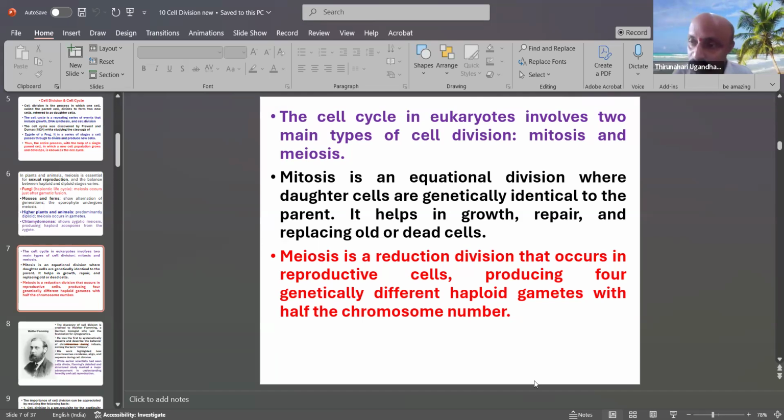This microsporangium is located in the androecium or anthers. Gynoecium means ovary, style, stigma. In the ovary, the female gametes, the macrogametes, are formed. These macrogametes fuse with the microgamete to form a zygote. During meiosis, the cells produce four genetically different haploid gametes with half the chromosome number. But mitosis is structurally and developmentally similar, forming equal cells equal to the parental cell.